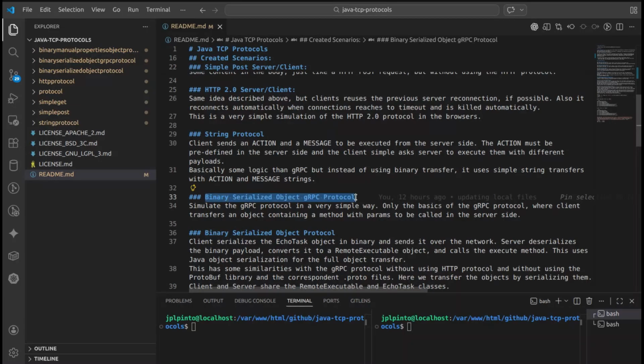Then this example is a little bit different, more similar to the gRPC protocol, where we are sending serialized objects, and we are transferring these objects in binary form, where the server will read that serialized object, convert it to an object, and execute a specific method inside of that object, automatically passing the corresponding payload that the server also receives, and then sends back to the client the corresponding response. In this example here is something similar,